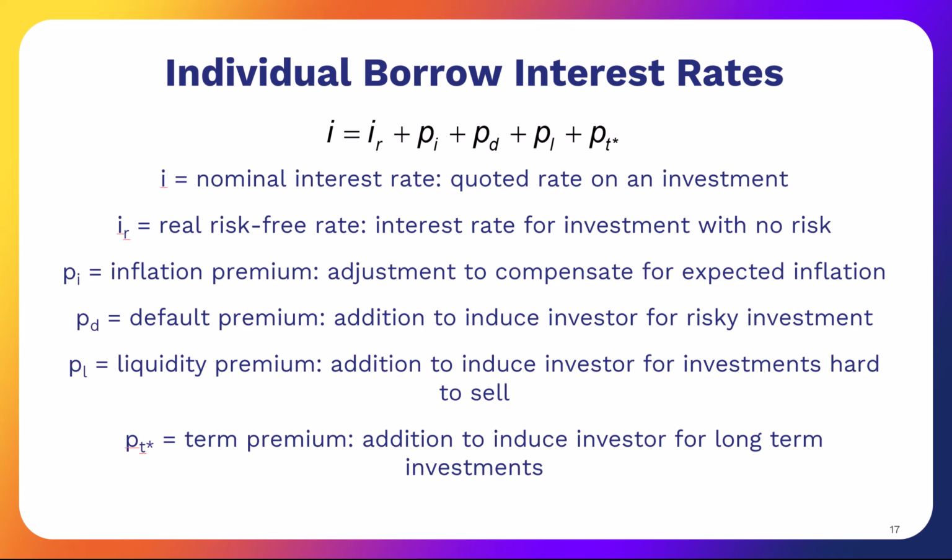We can view interest rates as a composition of several prices for different types of risk. So the overall nominal interest rate, or the interest rate that you see published, has some parts. The real risk-free rate comes from the supply and demand for money, and obviously it is risk-free, so it implies there is no risk associated with this particular return. However, we do have different levels of risk depending on the security.